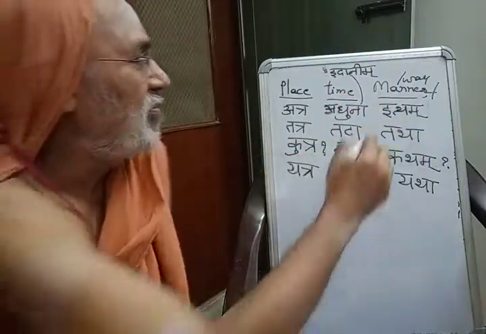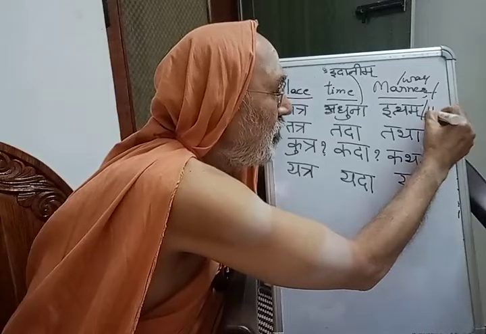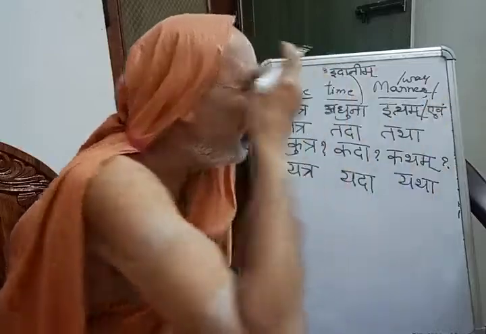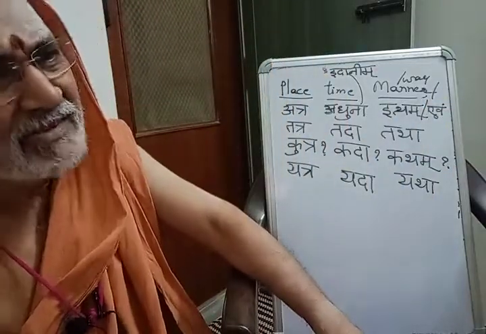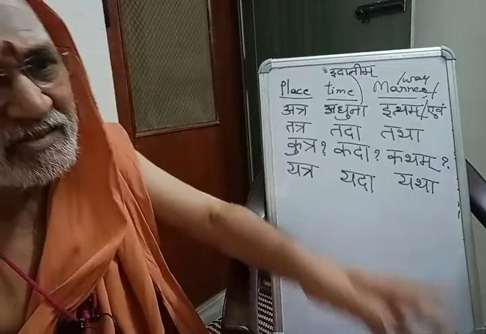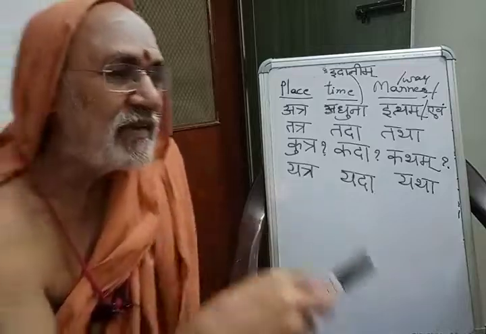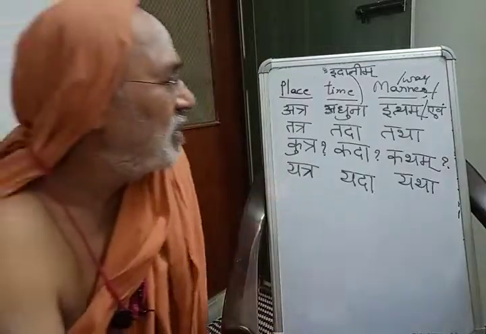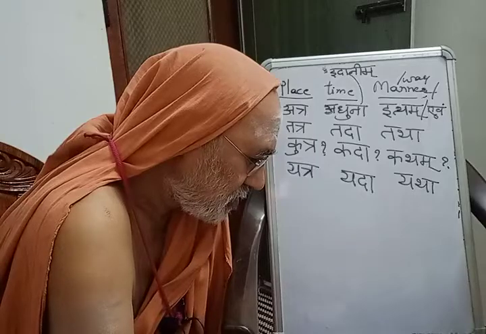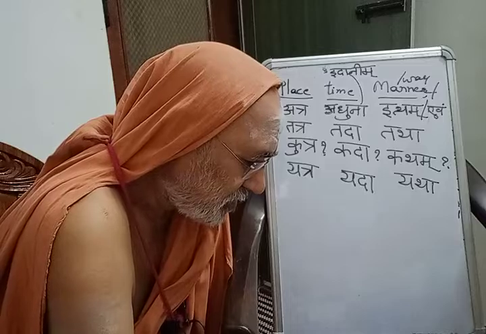For itham, one more word is there. Evam. Evam means in this way or thus. Thus also we can, this is a general meaning it is. Thus or this way. In this way or in that way, it can be both. Evam. Then one more one is